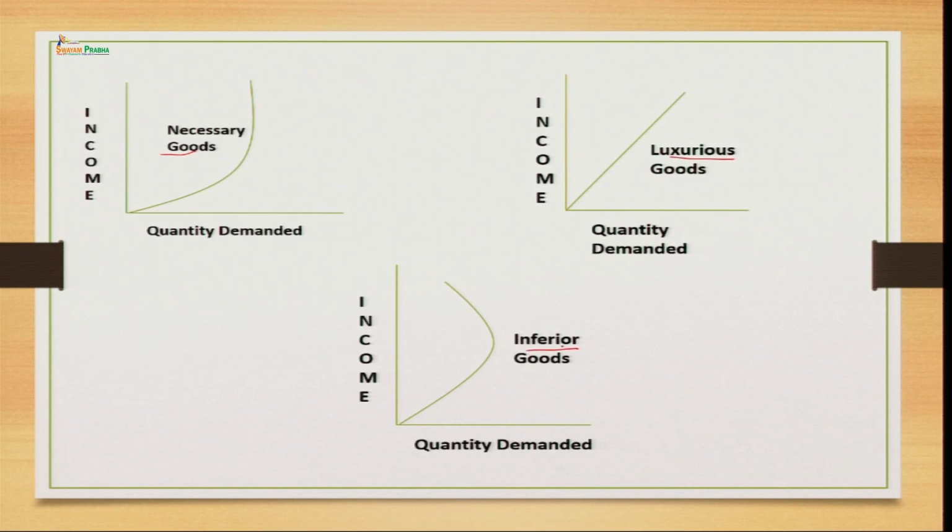So, in the case of necessary goods, we can see that the demand for these goods will increase initially whenever the income of the consumer increases, but it will increase up to a point and thereafter it will not increase. Okay, the consumption of these goods will initially shift their demand, but after a point of time they will become stable. There will be no further growth taking place even if the income of the consumer increases.